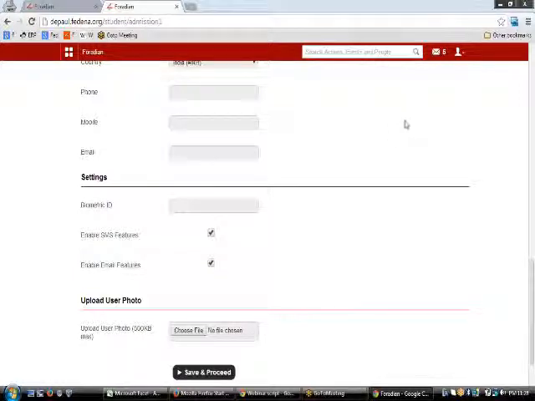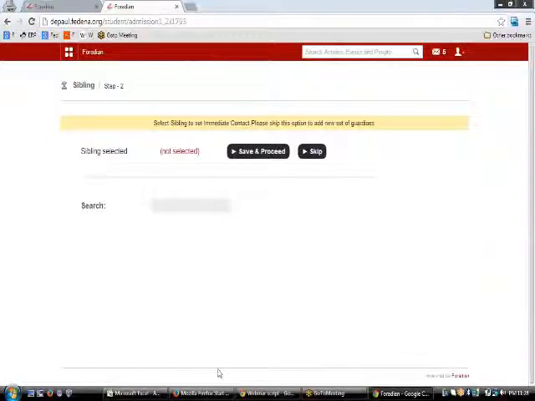The next thing would be to go to save and proceed and go to step 2 of admission. As I mentioned earlier, we will be able to add our sibling data. If this particular student who is getting admitted into this application has a sibling, then we will be able to connect him to his siblings, and so the user won't be asked to enter the parent data again and again.